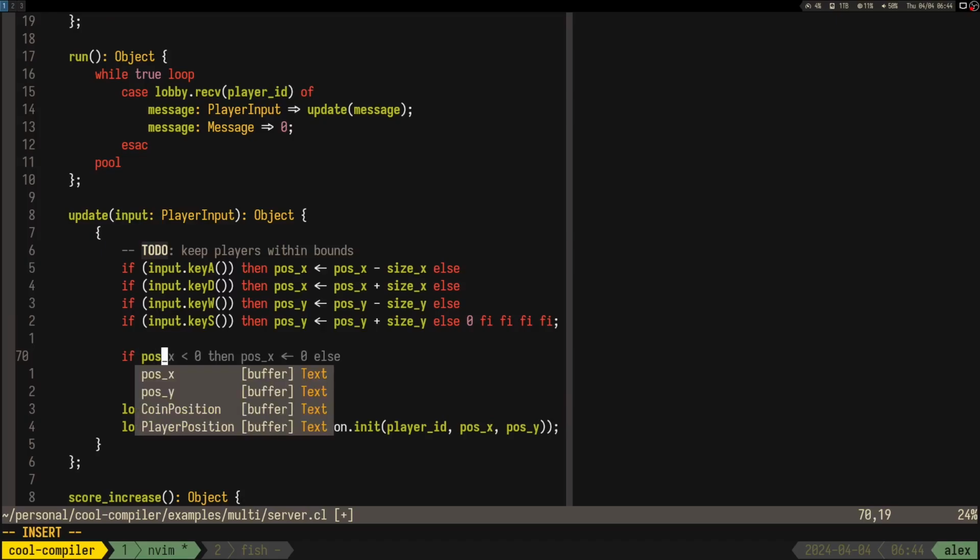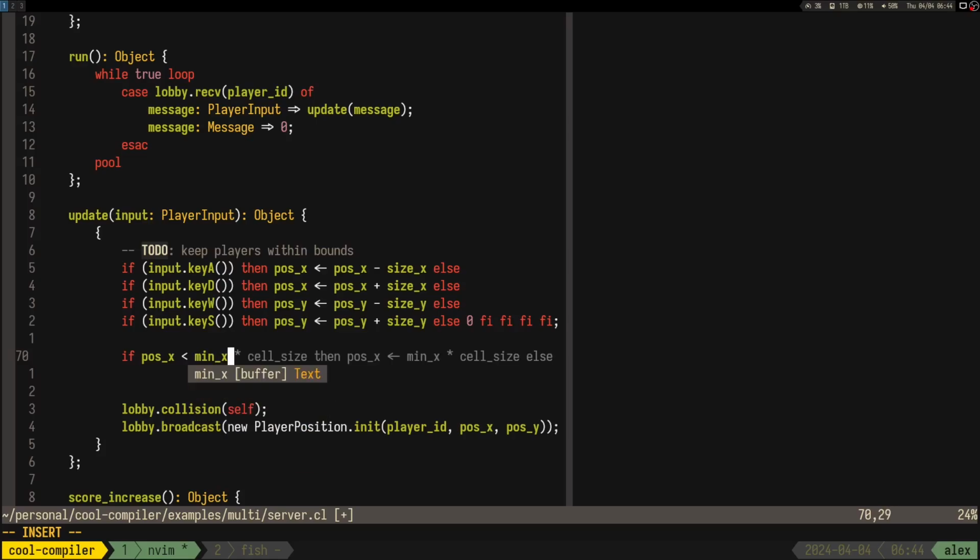If position x is less than min x times cell size, sure, almost forgot about it, then we want to make it equal to,